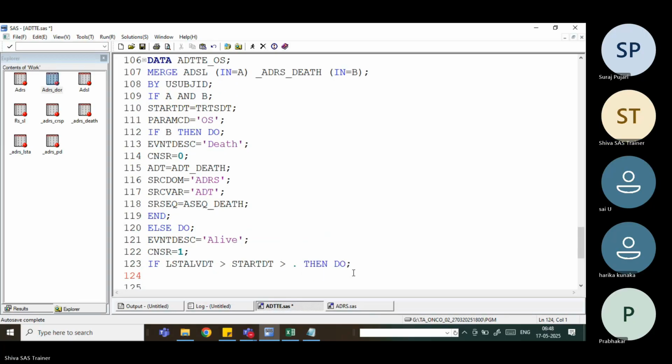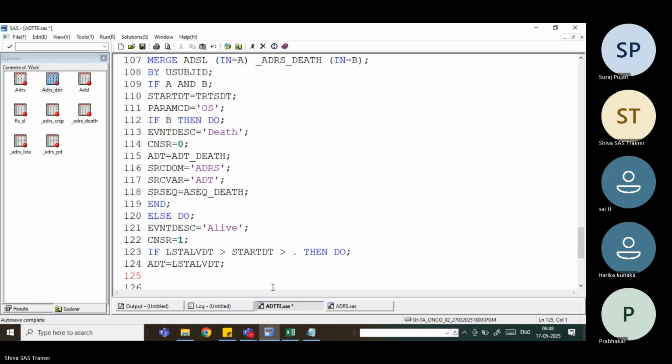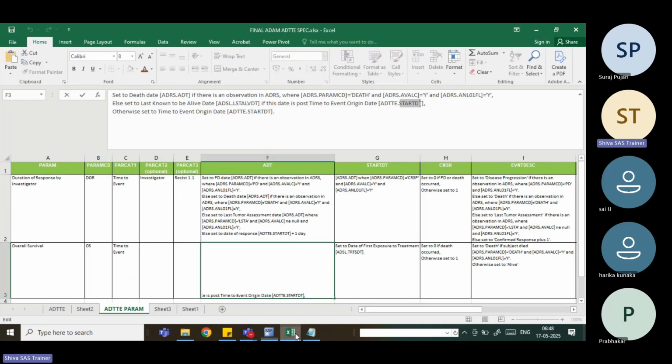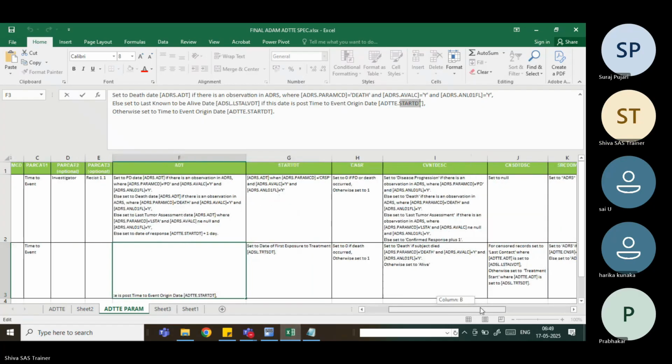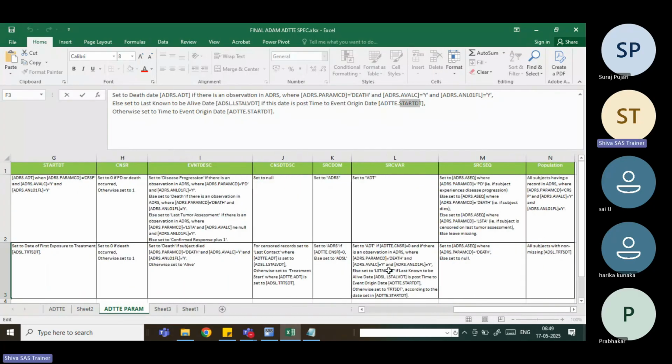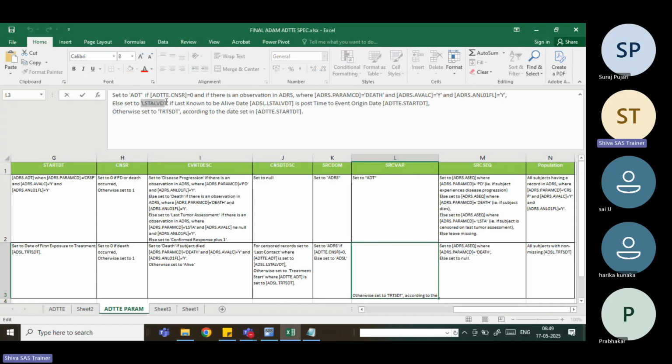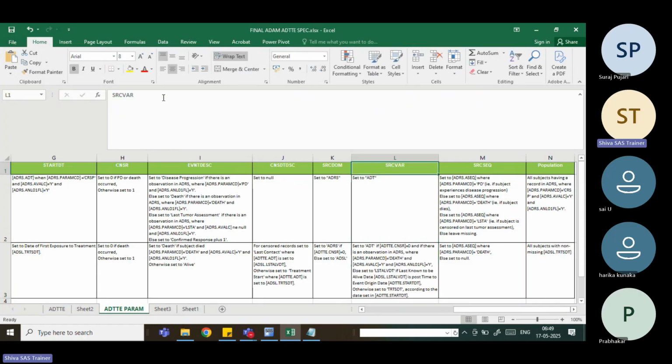Then the ADT we can take as the last alive date, and here the source variable. If it is ADT in case of LSTA, then we need to give the LSTA. If known alive date and post time, you need to give the source var equal to